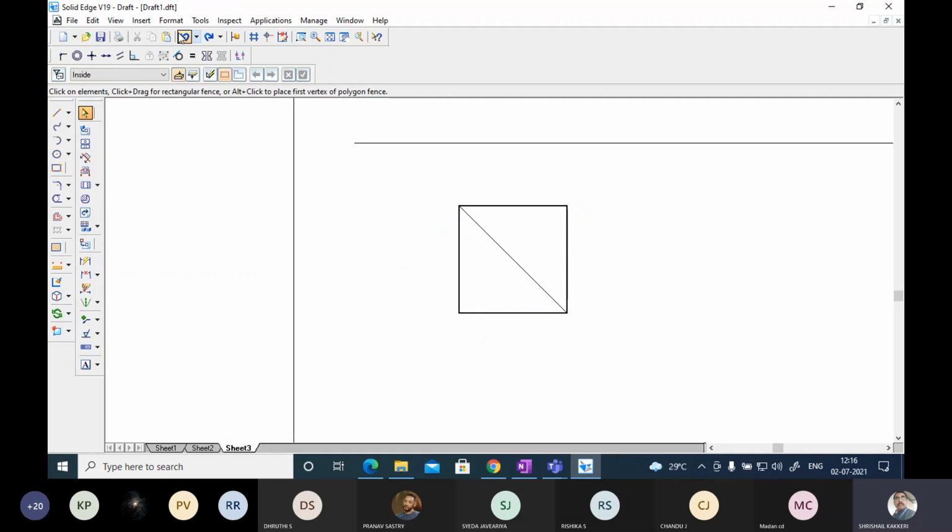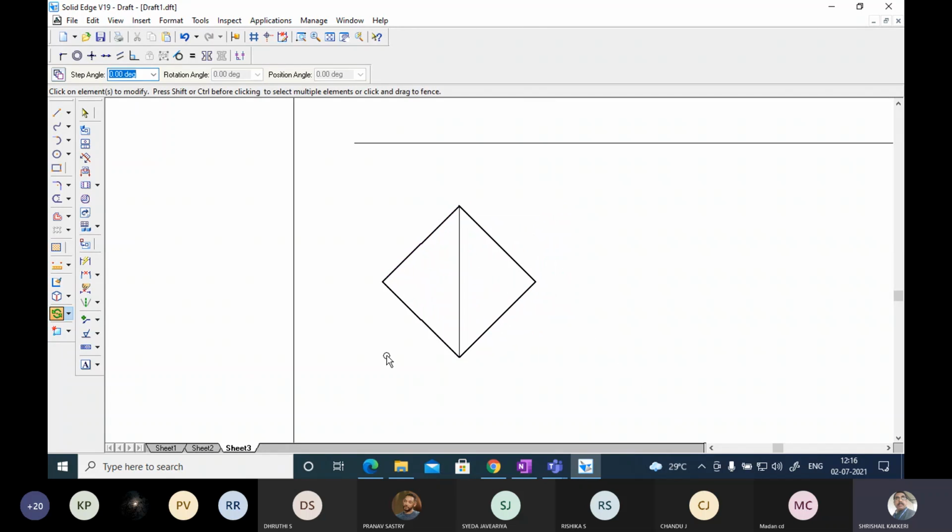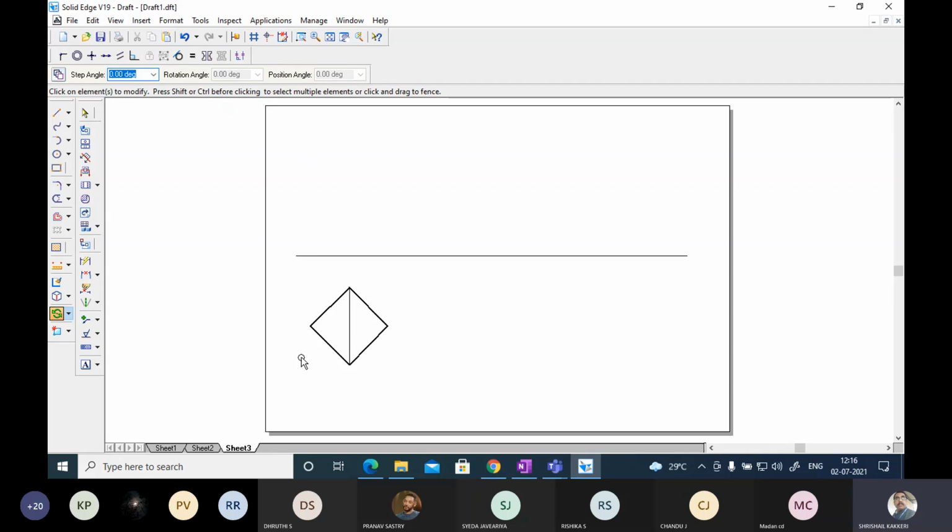Once again, I have constructed this, go to rotate, select this. I don't want to keep the original figure, okay, I want to rotate the original figure itself. Rotate, take this as a point of rotation, any point on this has to coincide with this. I have taken this, okay, you can see, you can take any convenient distance and keep anywhere on this, okay, you have kept.